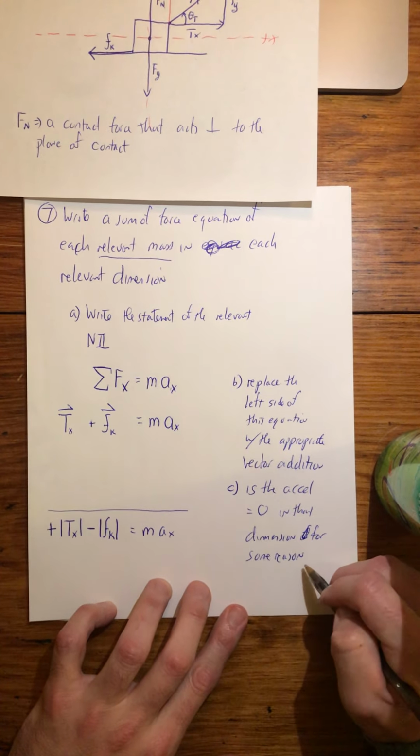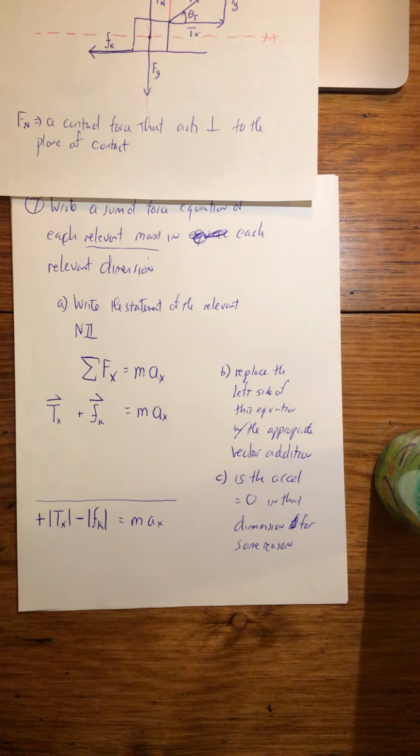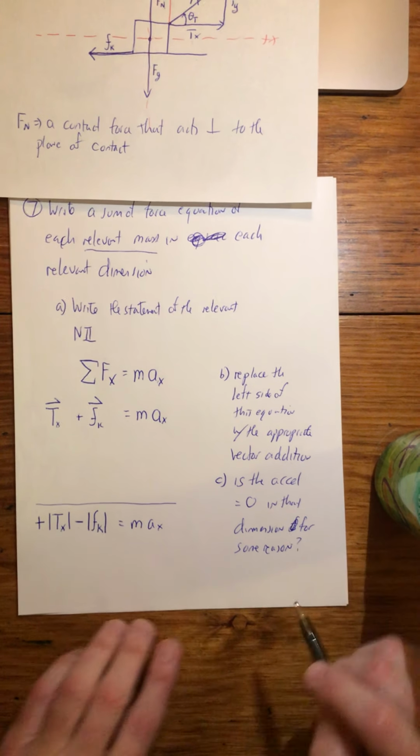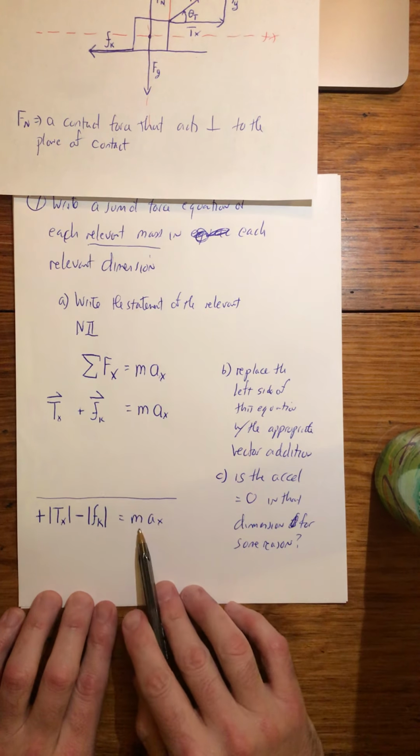Sometimes, folks, there are textual reasons in the problem where they say, like, this object's moving at a constant velocity. Oh, ax is equal to 0. This object is in equilibrium. This has a net force of 0. It's remaining stationary. It's remaining at rest. It's suspended. It's hanging. There are all sorts of contextual words within a problem that could make you think the acceleration in that dimension is 0. Here, that's not true, right? But if it were true, I would just zero out the term at this point, but after I showed it,